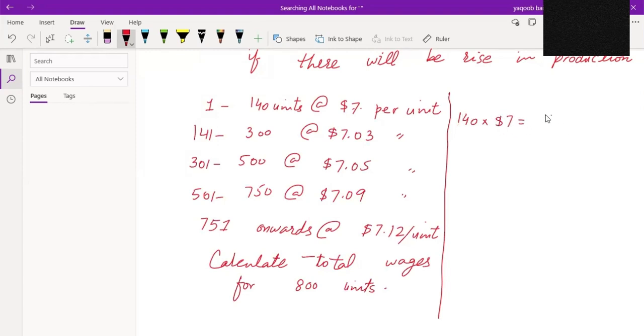So it is $980. Then 141 to 300. So now we will deduct previous activity level from the next activity level. So 300 minus 140, we produced additional 160 units at 7.03. That is 1124.8. Then 500 minus 300,